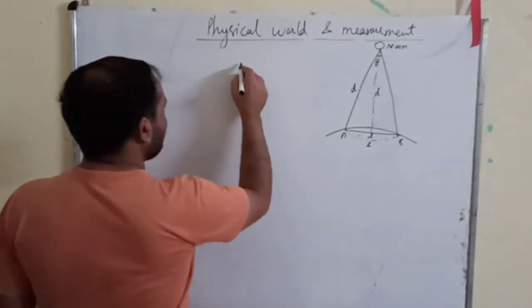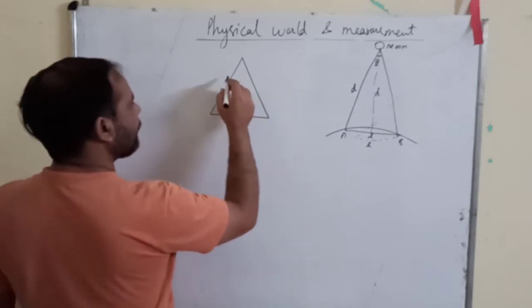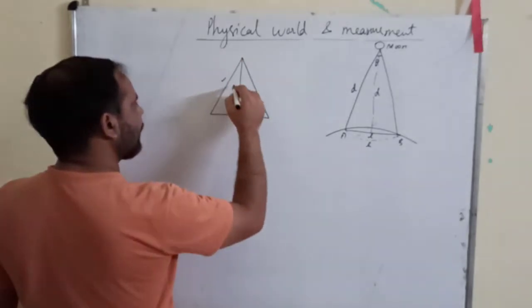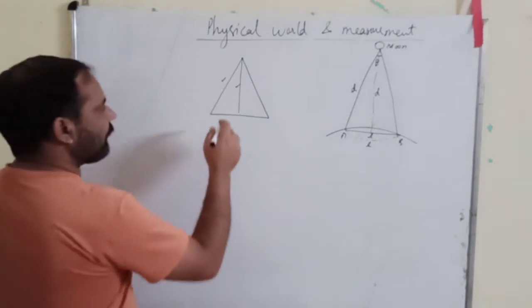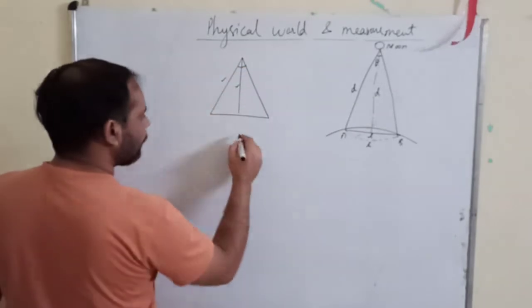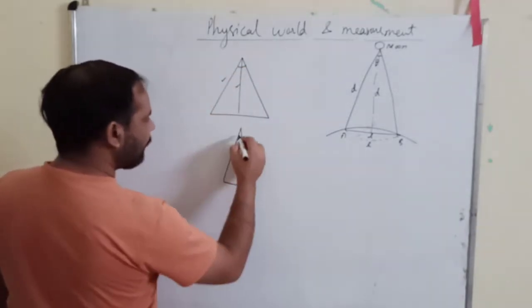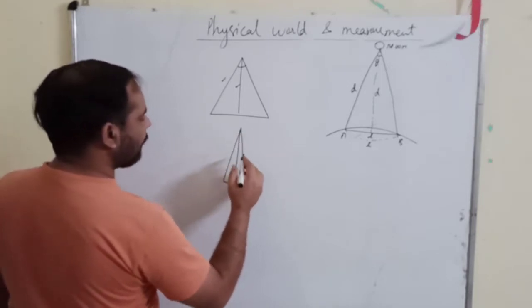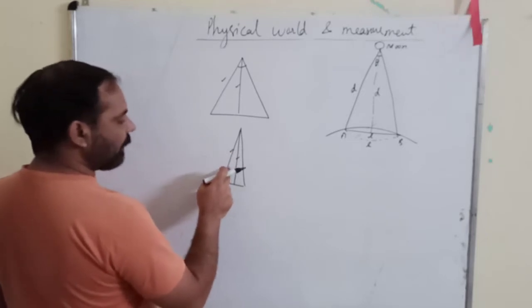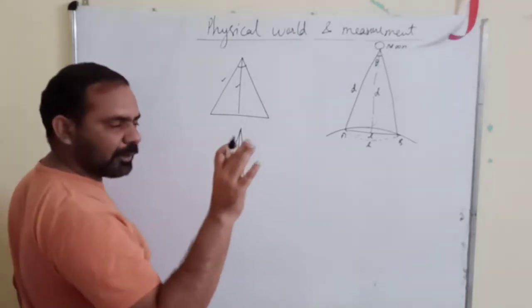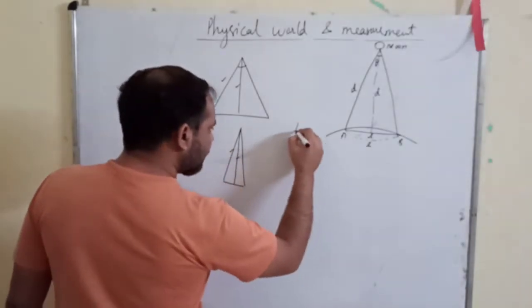I can give you an example. Suppose the angle is more, you can see that this distance and this distance have a difference. This is smaller, this is larger. Now suppose I decrease this angle. Now you again draw a perpendicular. Again this is smaller, this is larger, but now the difference between them is small. They don't differ by much magnitude. Now I decrease that angle even more.